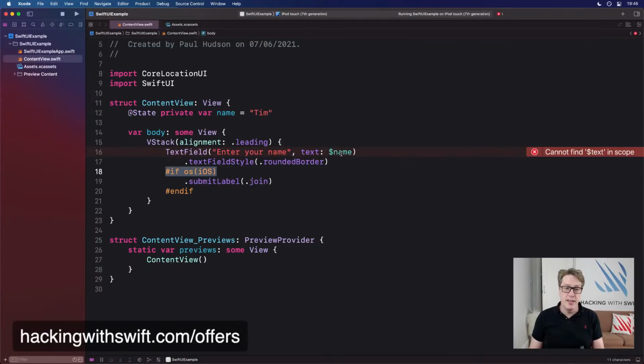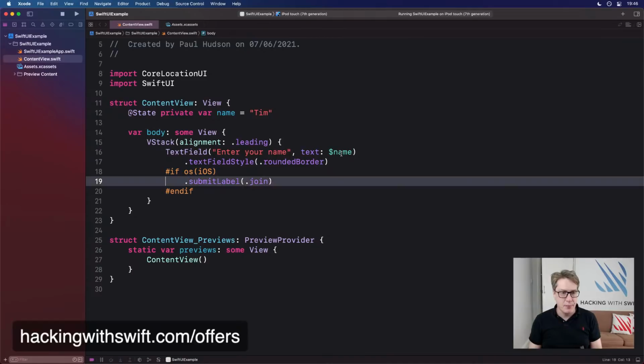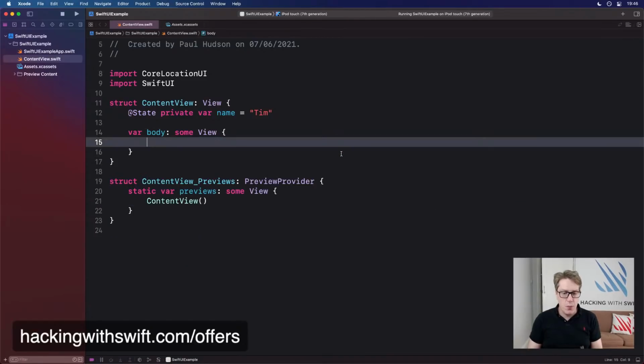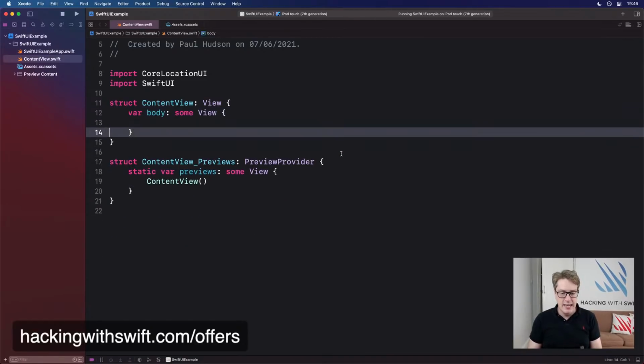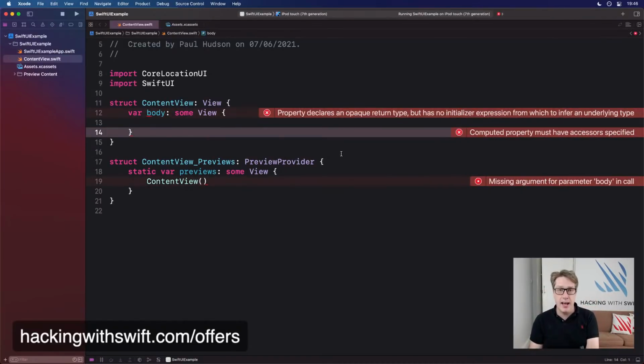So this is a nicer way of doing platform customizations and other similar kinds of thing with a compiler, which is great. Okay, that's the easy stuff. Let's look at some more interesting stuff. For example, let's say we want to have a list of content doing stuff, and this is a standard thing you want to have, a list of information, and you want to pull to refresh and see more information.